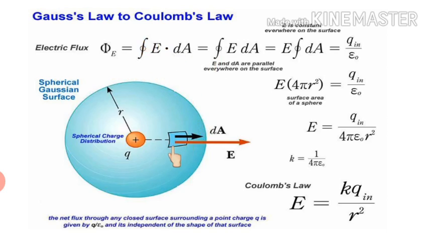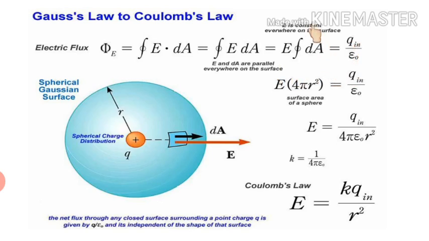Now we know E is radially outward and the value of E will be the same at each and every point on this Gaussian surface, as R is not changing. Each and every point on this Gaussian surface is at distance R. So the value of E will be the same, and that's why E can be taken out of the integration. Cos theta will be 1, which I've already explained. And E is constant, so E will be out of the integration. So here we have E closed integral dA. According to Gauss law, flux is equal to Q upon epsilon naught, so this step we have written according to Gauss law.